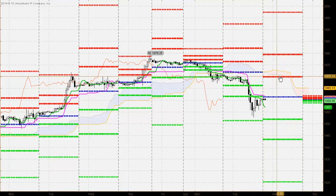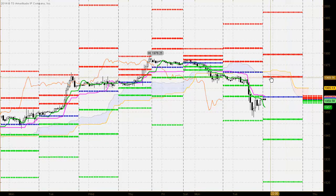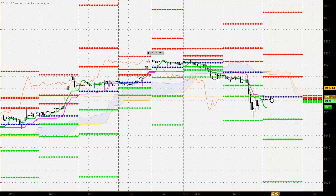But if we leave it until later in the day, we can see here that the first pivot point support level will actually meet the bottom of the Ichimoku cloud, strengthening the amount of resistance around there, and the depth of the cloud becomes slightly larger. So as we get later into the trading day, into this trading session, we will see the amount of overhead resistance actually strengthen. But the opportunity is there early in the day for the market to trade up through there, but it all depends on how the market reacts to the area around the Kijun-sen and the middle pivot point